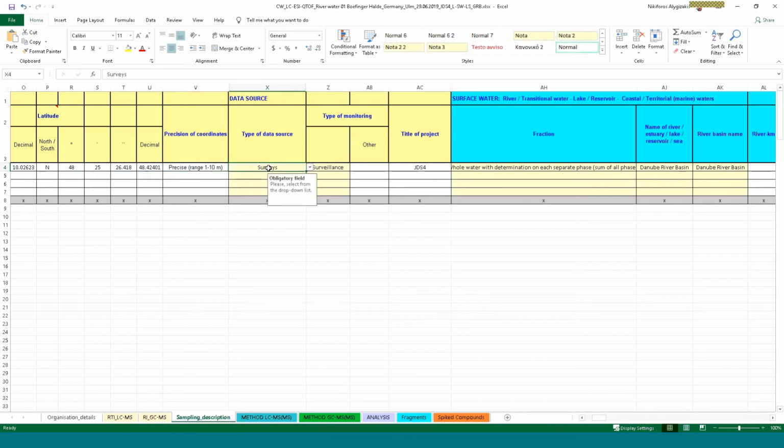Then we have the type of data source, which can be either monitoring data or research and technical studies or surveys, and then the type of monitoring, which can be one of the following choices. Finally, we have the title of project. This is the general information that is needed for every environmental sample, and afterwards is the matrix-specific information.